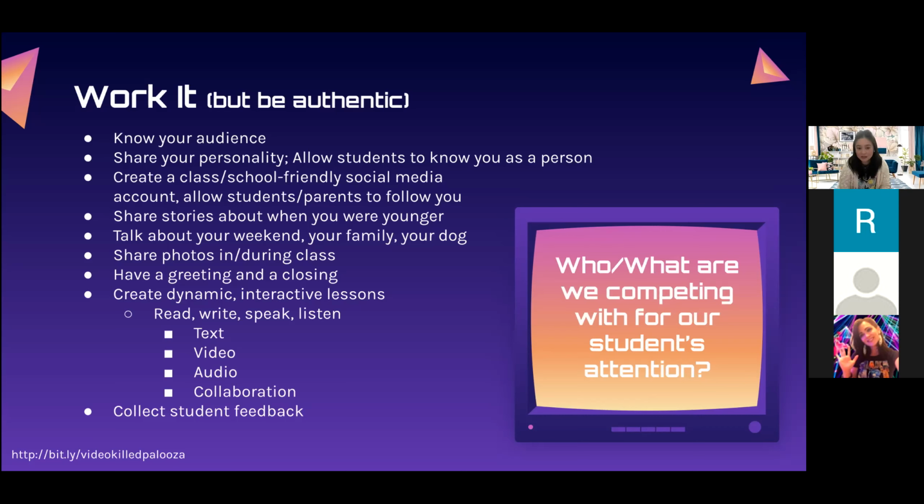When I'm creating my lessons, I always think about, well, what skills do I want my students to have? I want them to be able to read, write, speak, and listen. And so every single week, I make sure I have at least one of those, or I have all of those components embedded every single week. I do this through text, video, audio, collaboration, and I collect student feedback. I ask my students,